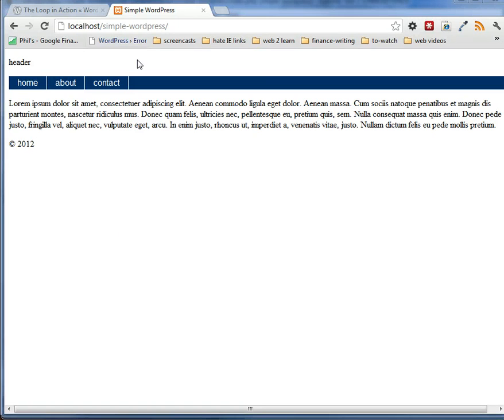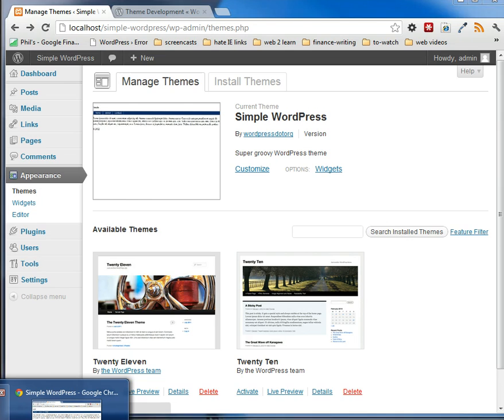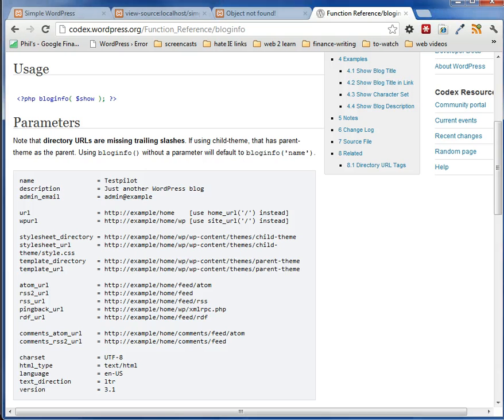Okay, so if we look at our page, we have static information, and that is coming from this page, which is index, which is pulling the header, the footer, and then the static information. Now, WordPress is about dynamic information, and so this really doesn't help us at all. So that's where the loop comes into play in WordPress. So if we take a peek at the loop,